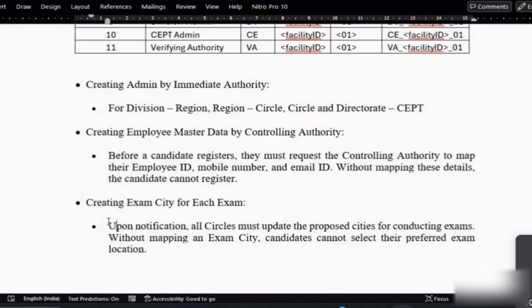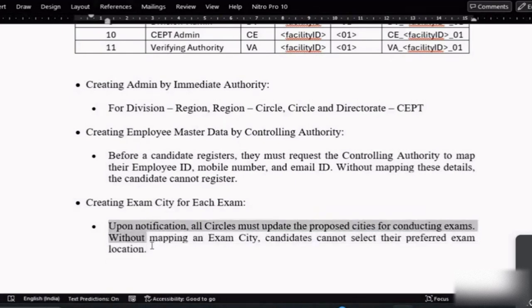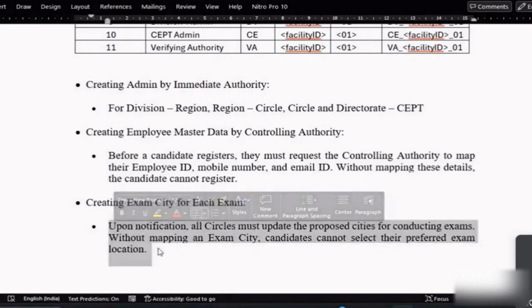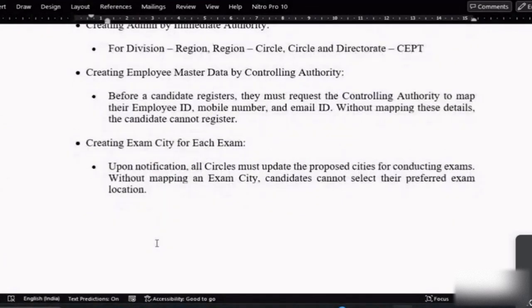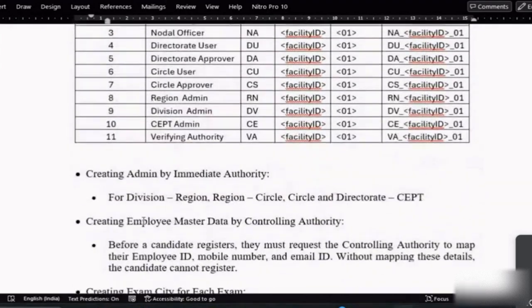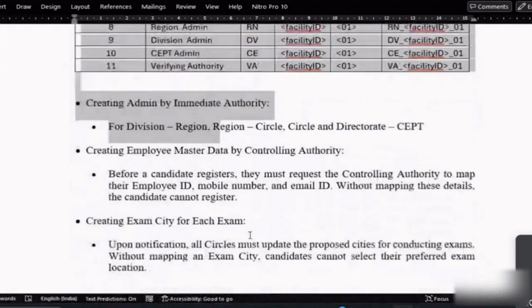So for that, after issue of notification by the directorate, the first important thing is that the circle has to identify the city name. Okay, which city they are planning to conduct the examination in. So based on this only, the candidate, while applying, will select the center preference and be able to apply. Otherwise, the candidate cannot submit his application. These are the basic things initially, before the start of the examination, you have to